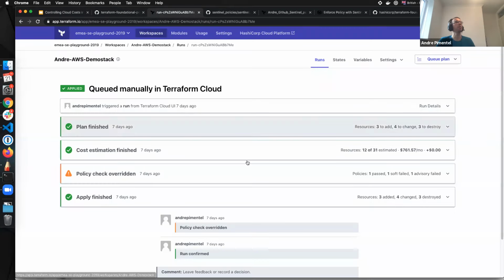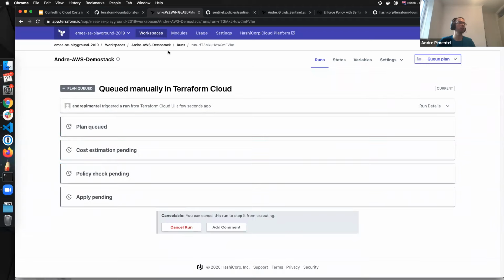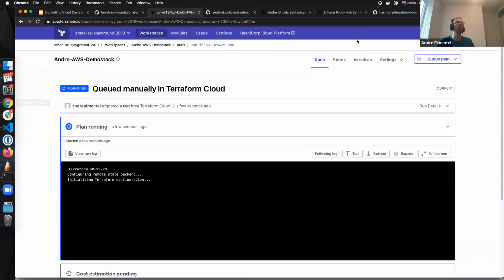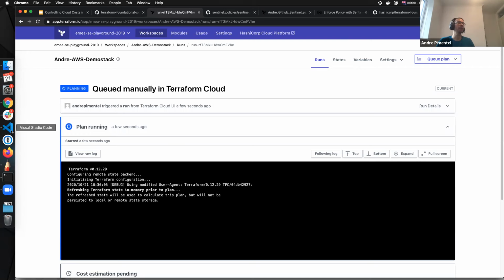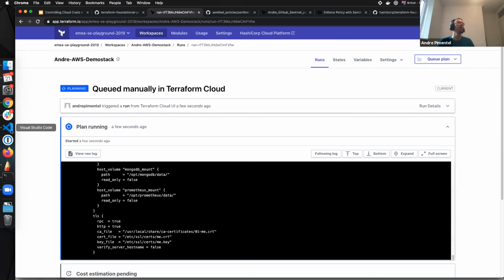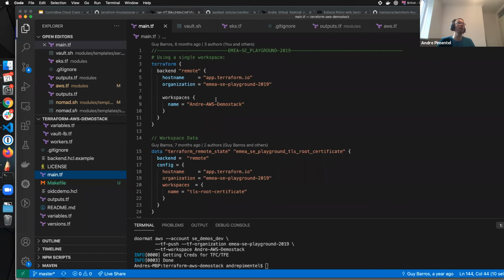So here I have my workspace. My demo stack workspace, as I'm going to show, has a lot of resources. It's pointing to my VCS here. I have here several modules. And if I trigger that from the GUI here, it's just a click, but I could trigger that from the API, because pretty much any functionality we have here, we have on the API, or the way developers work using VS Code should not change, because we can just have this Terraform stanza here.